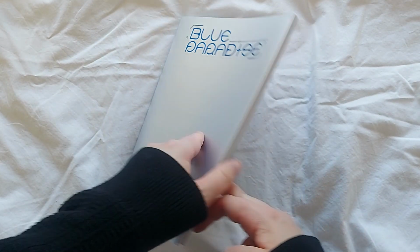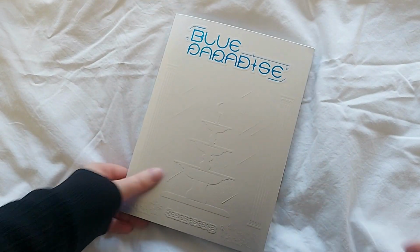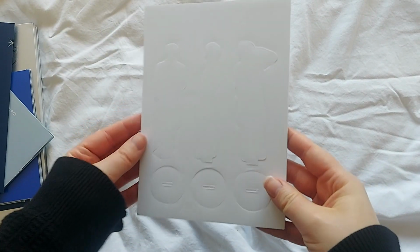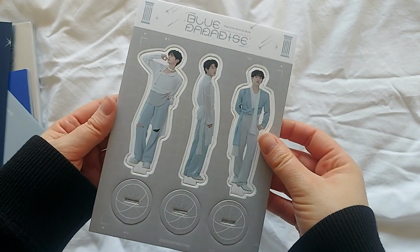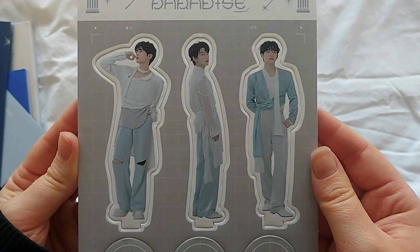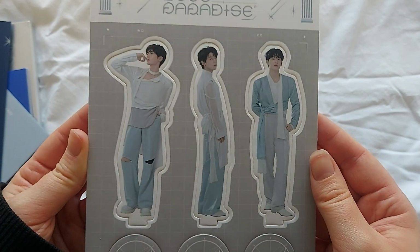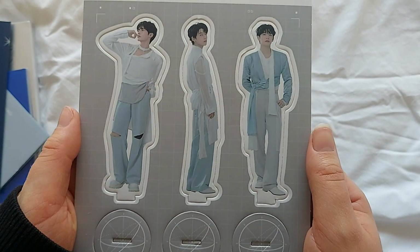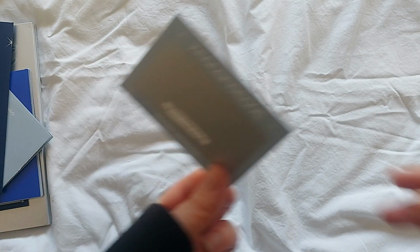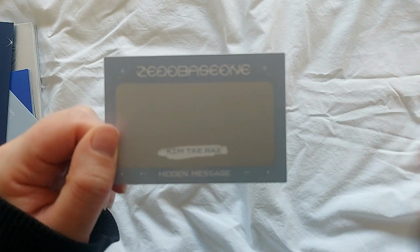But I do also have 2 versions for that album, so I'll just show the random items. Starting with the standees, we have Hanbin, Matthew, and Tere. I think I got everybody from my bias line apart from Yujin in the standees. But yes, pretty. Then we have the hidden message, and I did get Tere, so I'm not going to